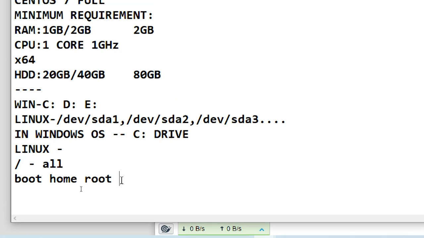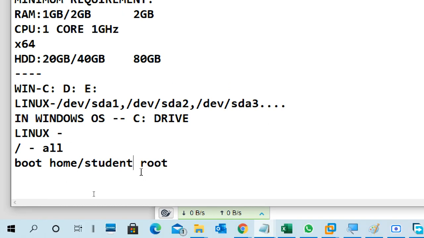For example, student is a user, and the student user's data is stored in /home/student. So we have /boot, /home/student, or /home/user1, /home/user2, like that. And /root is where the administrator root user's data is stored by default.